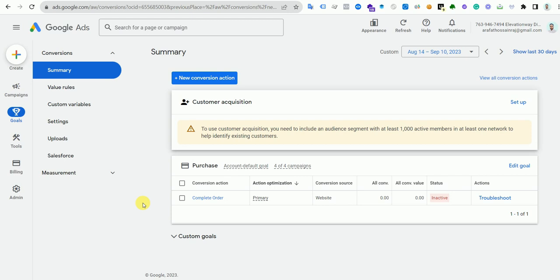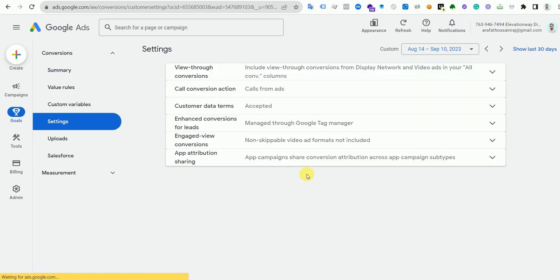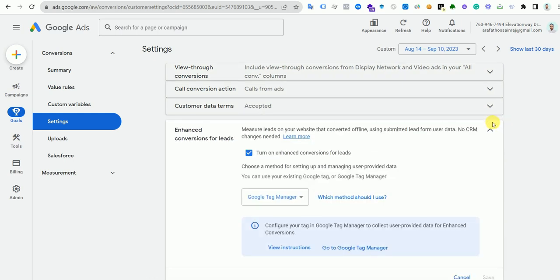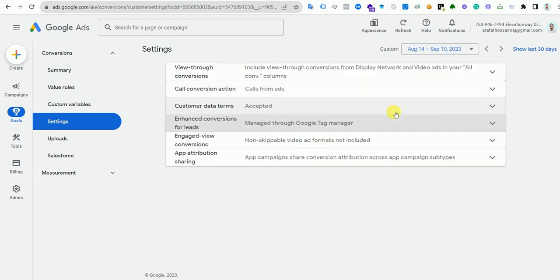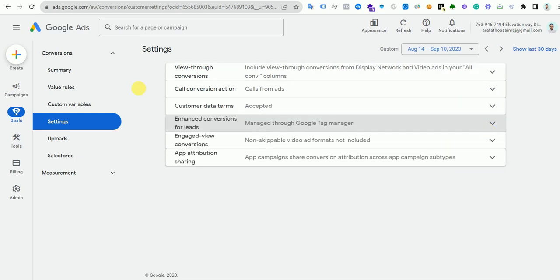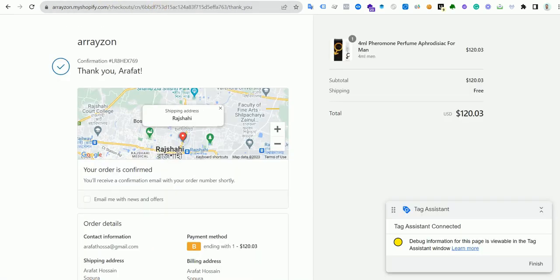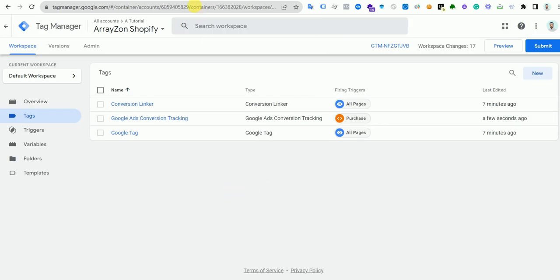And now we will click to settings, and we have to turn on the enhanced conversion. So you will click to the enhanced conversion. So this is already turned on. Okay, and enhanced for lead, so this will be for lead generation, so this is not our concern. Okay, so now we'll just publish and just close it, and now we'll check if this is working or not,